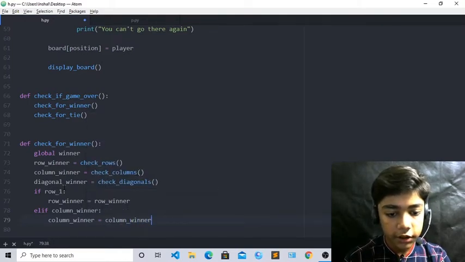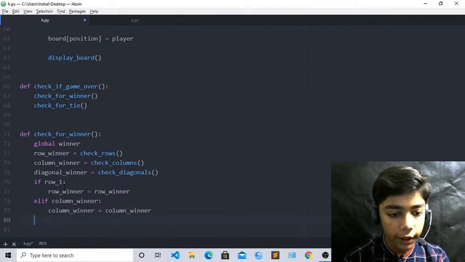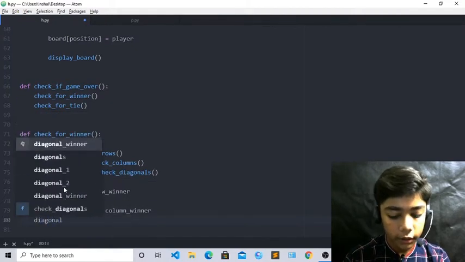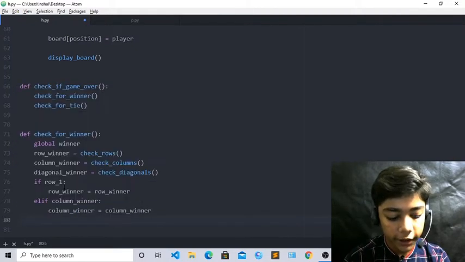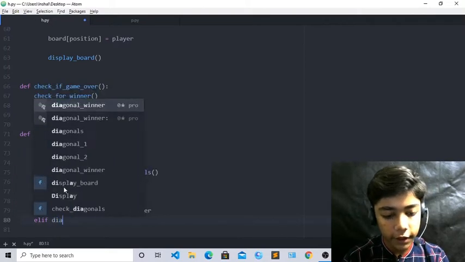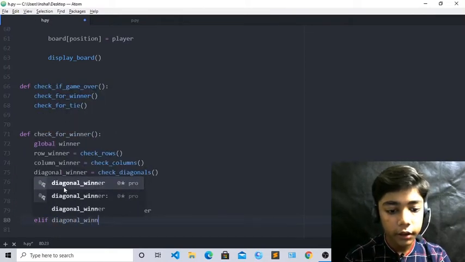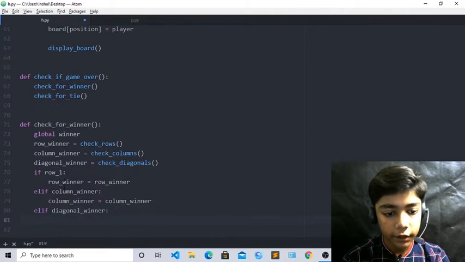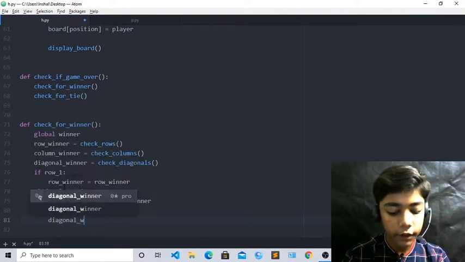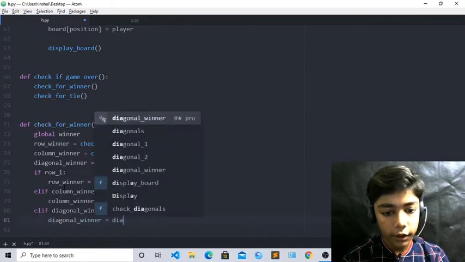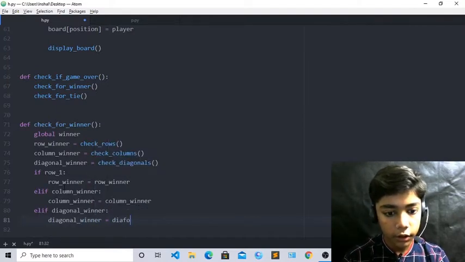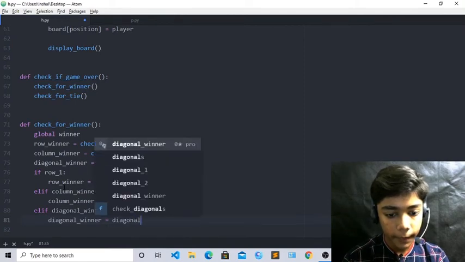Now diagonal also we have to do like that, diagonal, first of all write elif. Okay, because we are defining that elif diagonal winner, and you have to define diagonal winner equal diagonal winner here.